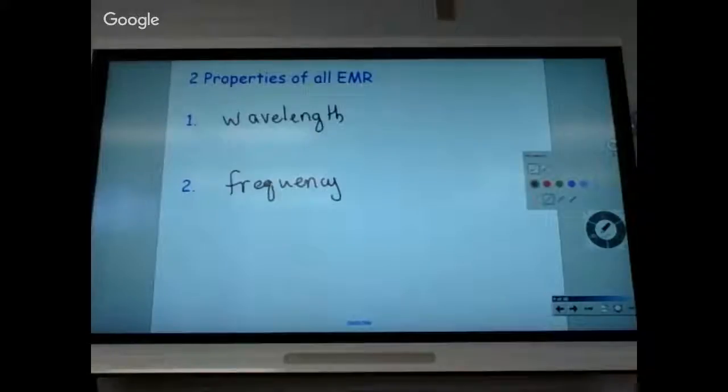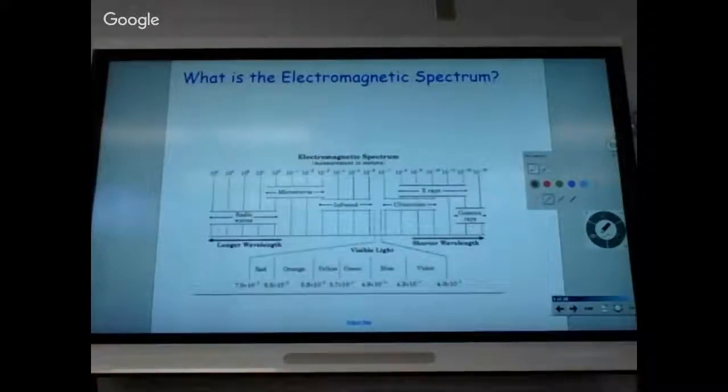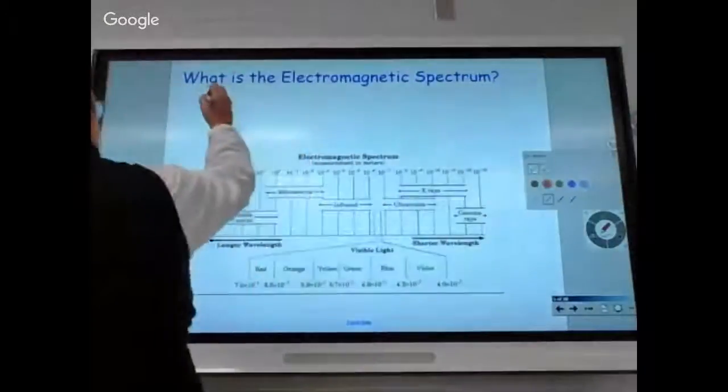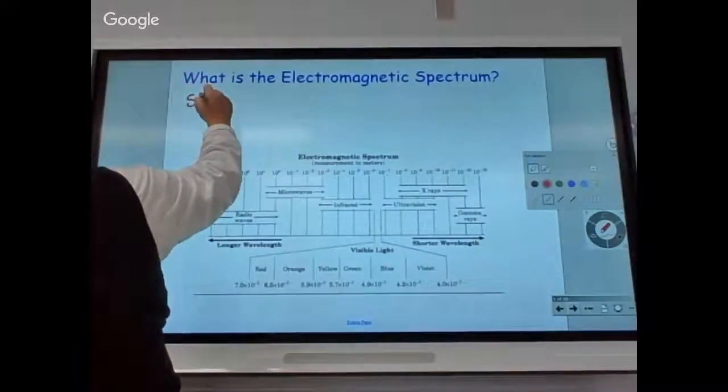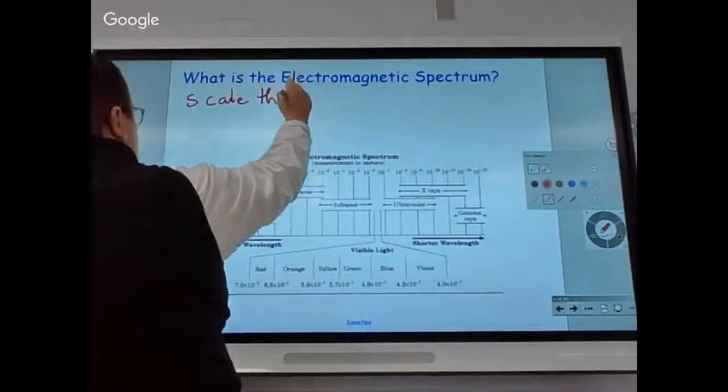All right, everybody there? For those of you who don't have out your blue chart, what is the electromagnetic spectrum? This is what it looks like on your blue chart. Anybody tell me what that is? Super short, super long waves. Scale them up. Not bad. What do you mean by scale it out? Like it shows which ones are more closely related, which ones have longer waves, which ones are wavelengths. Okay. So basically, it is a scale that shows